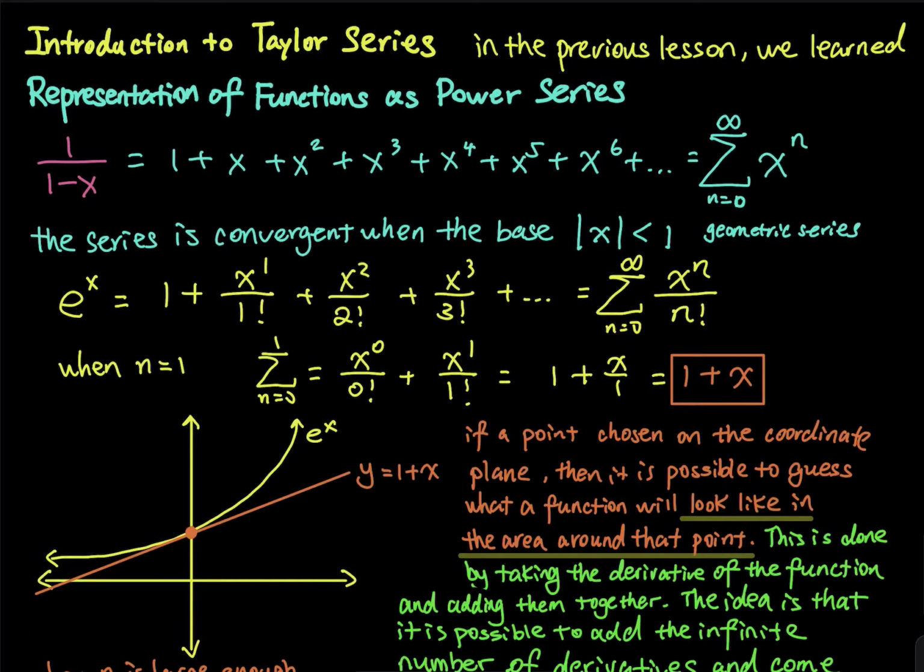So that means if I change the n from 1 to 5 in the orange box, you expect to see a fifth degree polynomial. That means a polynomial whose highest degree term is x raised to the fifth. And then there is a picture. I sketched the graph of the exponential function and the orange function, 1 plus x, that is a linear function, right? So let's take a look at the overall